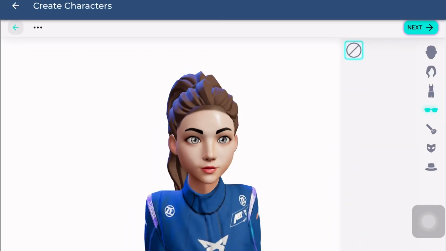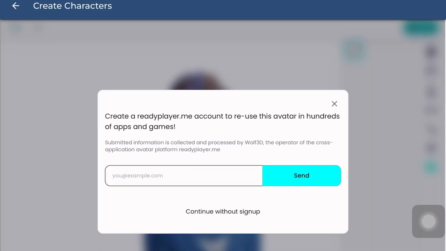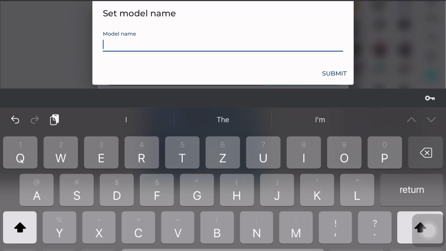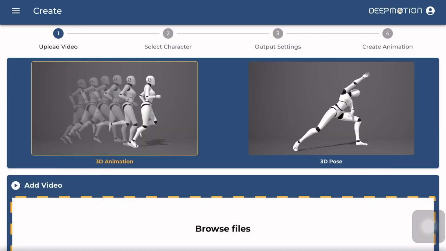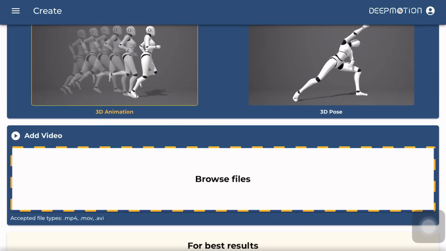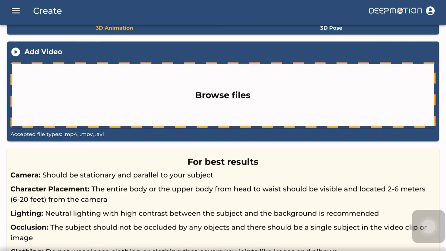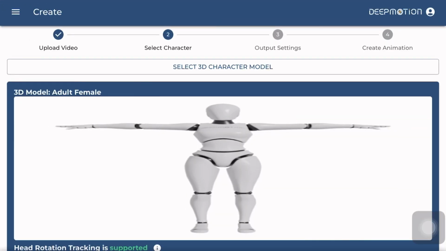On the following screen, you can continue without signing up for any additional services. Enter a name for your character or model and then click on create. In the next step, click on create and select 3D animation. Then click on browse file to upload a video that you want to use as a reference for your character's